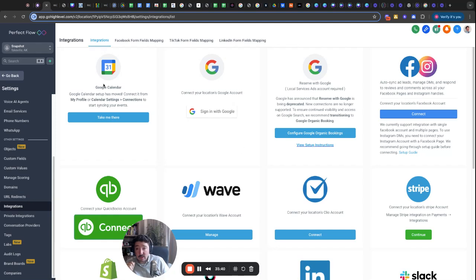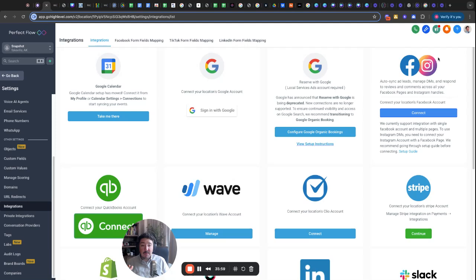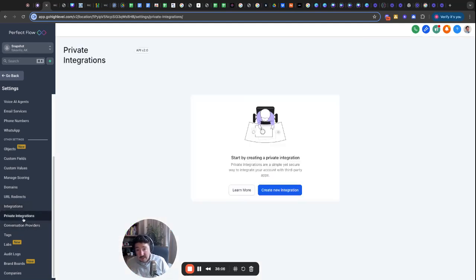If we want to be getting your Google Calendar synced up with your calendar here, Facebook and Instagram, if you're going to be doing social media posts, scheduling from here through the marketing tab. If we went back there, you can schedule your social media posts. But this is where you would be connecting your accounts right in here within integrations. Private integrations,